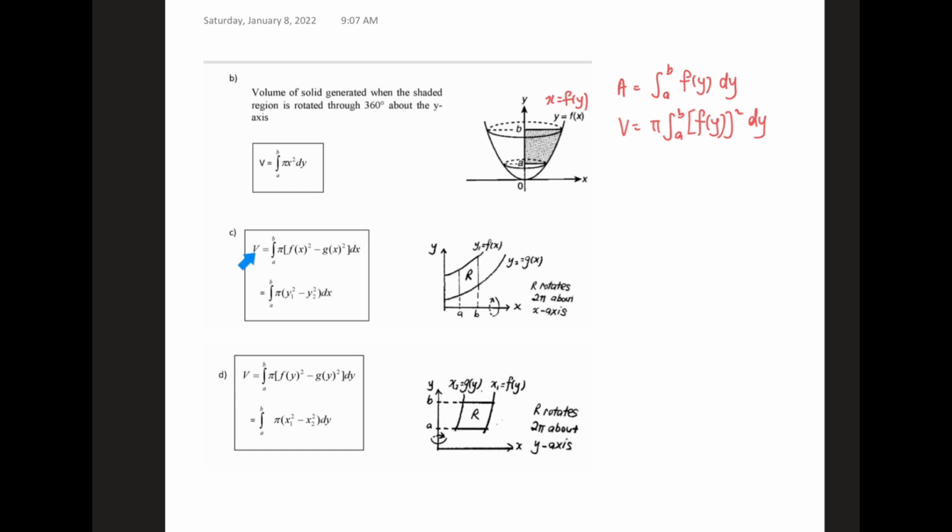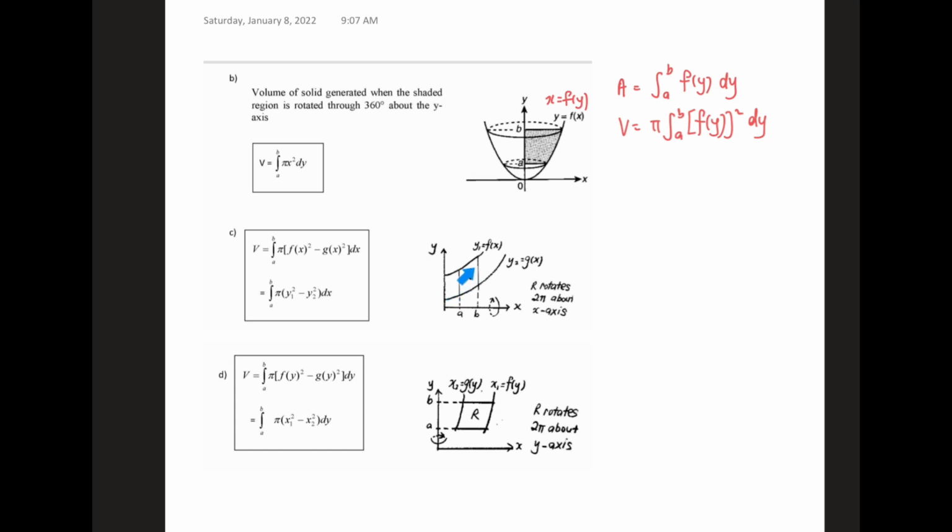Okay, now let's see another scenario. Okay, C. So the volume for this shaded region, revolve about the x-axis. When they revolve about the x-axis, everything is in x. When they revolve about the y-axis, everything is in y. So now they revolve about the x-axis. Okay, so the volume is,